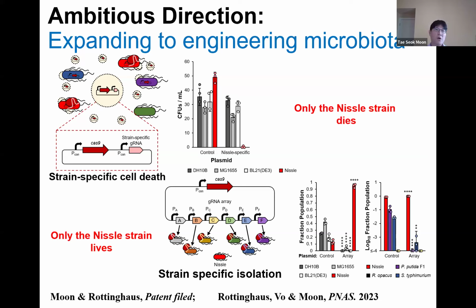And then we tried to develop a similar tool to engineer the microbiota at a single strain level. As I explained earlier, CRISPR might be a good tool to do so. But the problem with this kind of engineering is that in theory we are talking about a community of billions of different bacteria, and then only targeting one bacterium for killing. This is not an easy problem to solve, even in terms of guide RNA design, because you need a guide RNA that uniquely binds to your bacterium of interest